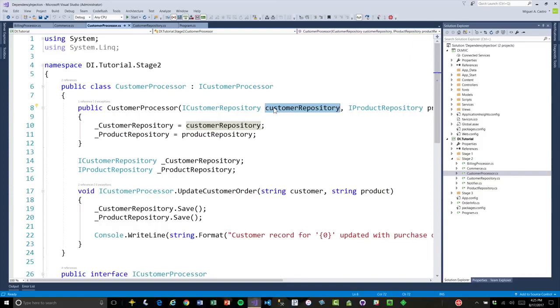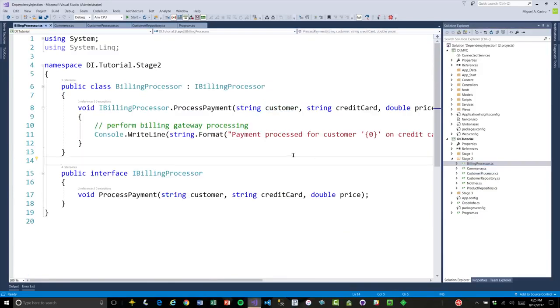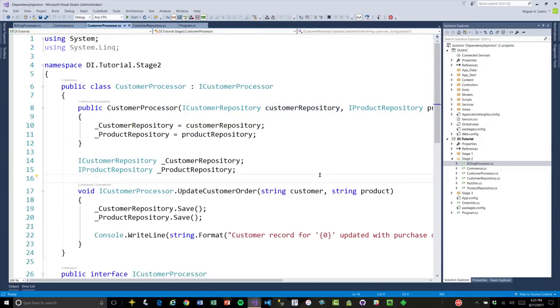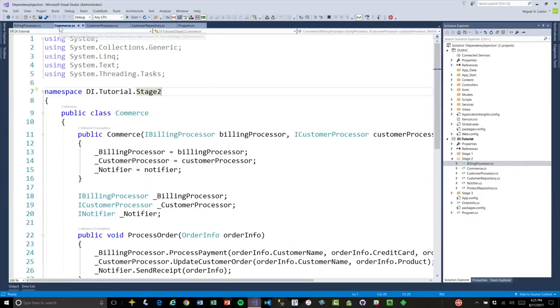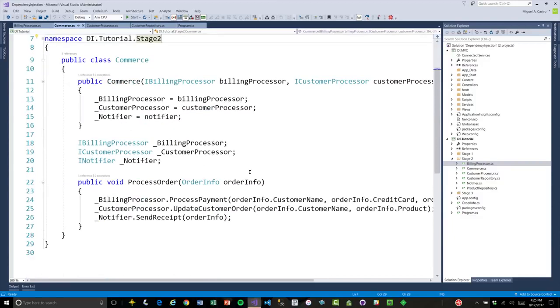So previously, back in the billing processor, if I wanted to test that, well, billing processor, in our example, does not have any dependencies. Which is the first one that calls, what calls customer process? Commerce. Is it commerce? Right here. Okay. If you wanted to test process order right now, you'd have to mock billing processor, customer processor, and notifier. And in the process of mocking customer processor, you would have to mock its dependencies. Right. Now that's not going to change going forward with what we're going to do, because we solved the testing